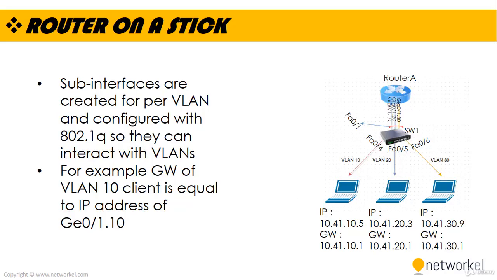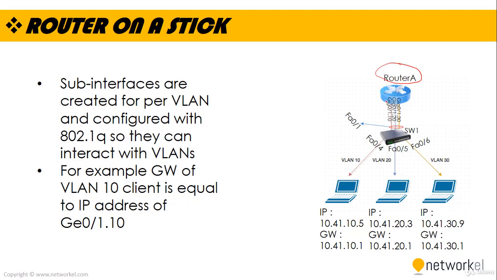Router on a stick is a term frequently used to describe a setup that consists of a router and switch connected using one Ethernet link configured as an 802.1Q trunk link. In this method, the switch is configured with multiple VLANs and the router performs all routing between the different networks and VLANs. For this purpose, you create sub-interfaces configured with 802.1Q so they can interact per VLAN on the router. As you can see on router A,